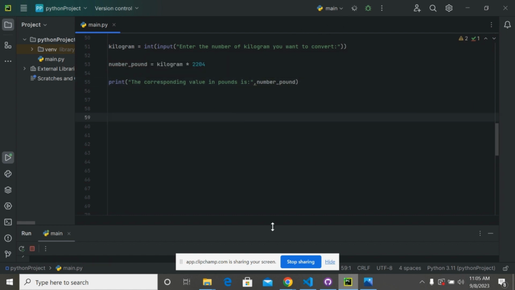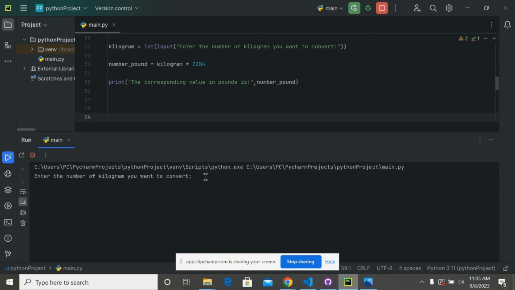So let's run this. When we run it, it says enter the numbers of kilogram you actually want to convert. So here I'm going to say I want to convert 10 kilogram to pounds. So here I have this. It says the corresponding value in pounds is 22,040 in pounds. So can you see how cool and how simple